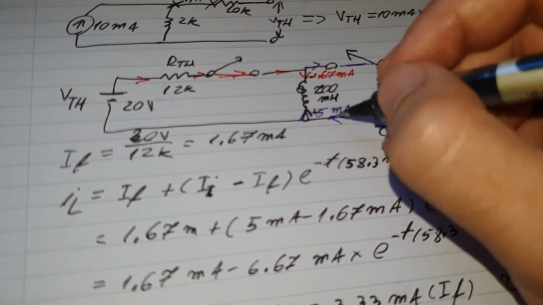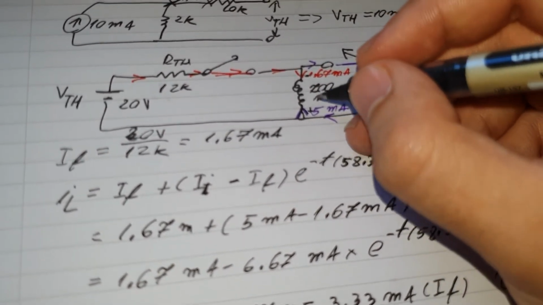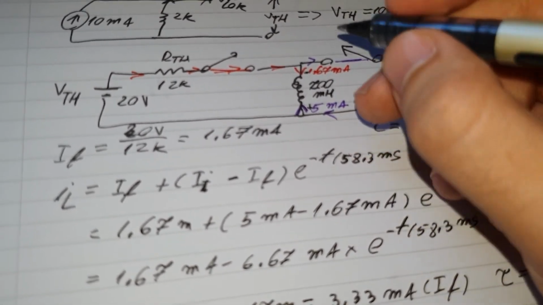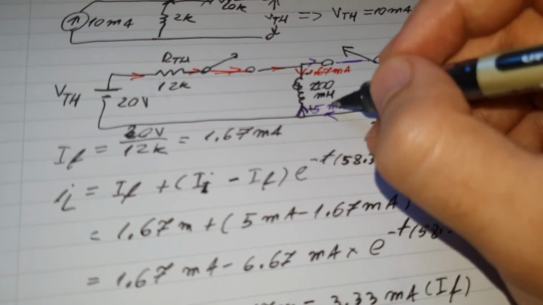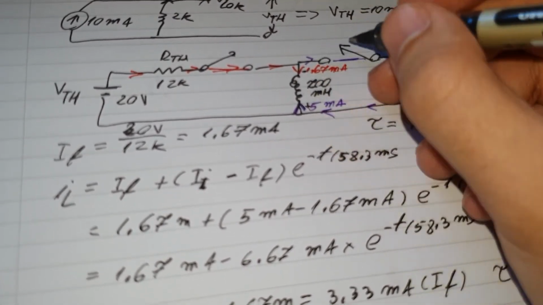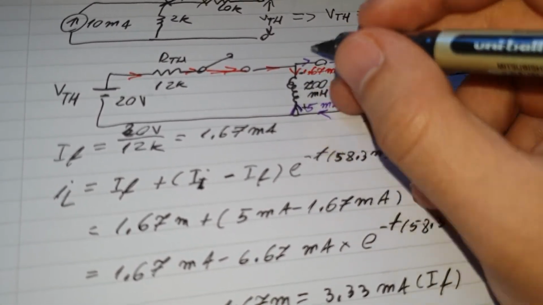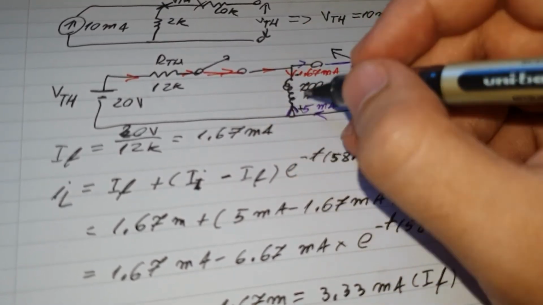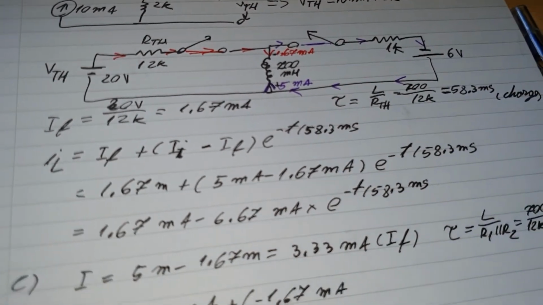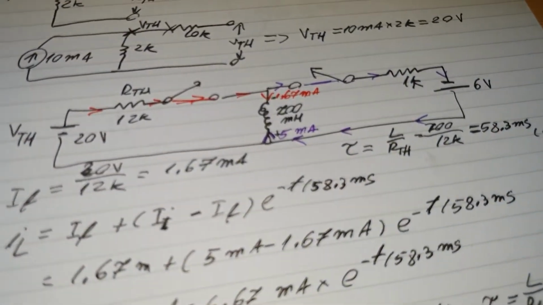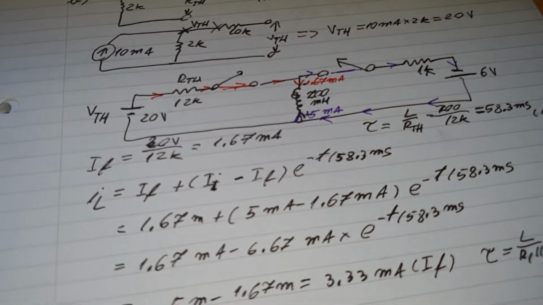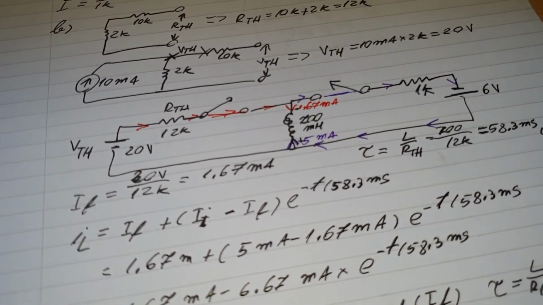And I made the 5 milliamps positive because it's easier to show in a graph, because you'll end up with a positive current flow, which is the correct current flow direction, instead of the negative current flow, which would be wrong because it would be the opposite current flow direction. I explained this in greater detail in my previous videos about current direction, so you should already be familiar with this subject.